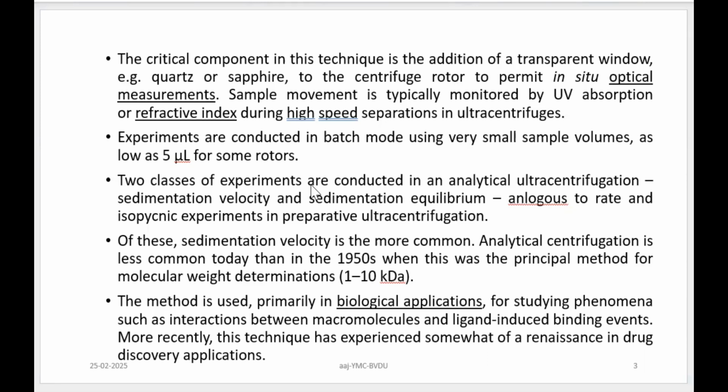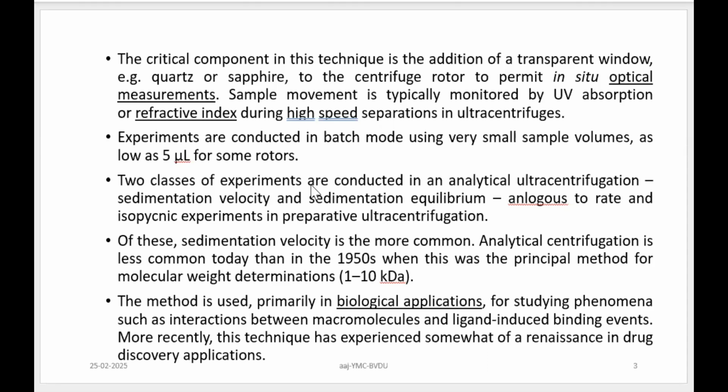When we talk about preparative centrifuges, large volumes are required to separate the components in enough quantity. So depending upon the quantity required and your experiment, you have to design the entire experiment, right? So the volume of the sample to be separated, etc. But when it comes to characterization of an analyte using analytical ultracentrifuge, very small volumes of the sample are required, as little as 5 microliters would be enough to characterize that analyte.